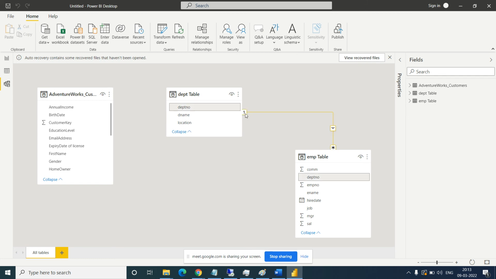What is the meaning of the star and what is the meaning of the one? What does it mean? One to many. This is a one to many, right? Yeah, many to one. So how is the flow going? Flow is going from one to many, because if you see the sign, this is one directional, from the department table to here. But now what do we want?